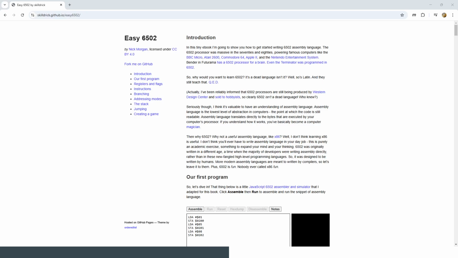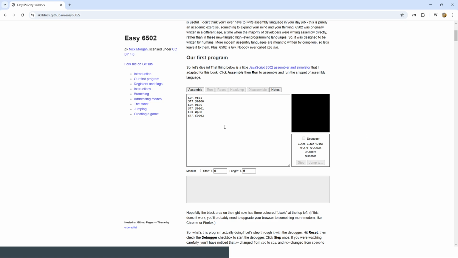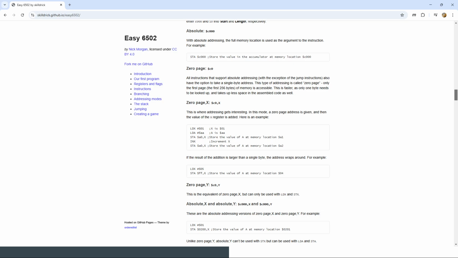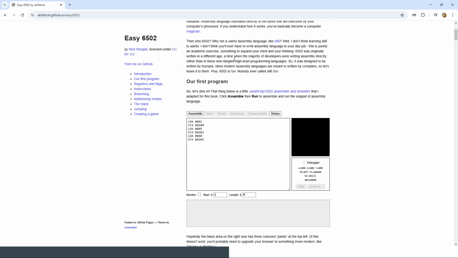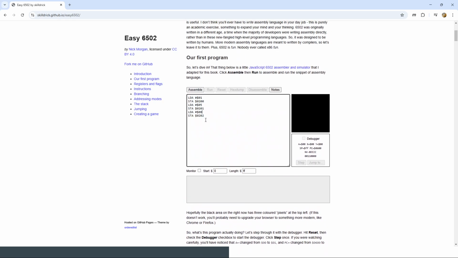So this is the website. It just has some brief introduction information about the 6502. There's a lot of references that you can click on here and some great information about the 6502. So, go here, read this information. It's going to be much more detailed than my class is. But then down here, kind of in his introduction, if you scroll down, he's running through the same things that I'm running through, and he has a whole bunch of different introductions to 6502. But inside of each of these sections he has an online emulator